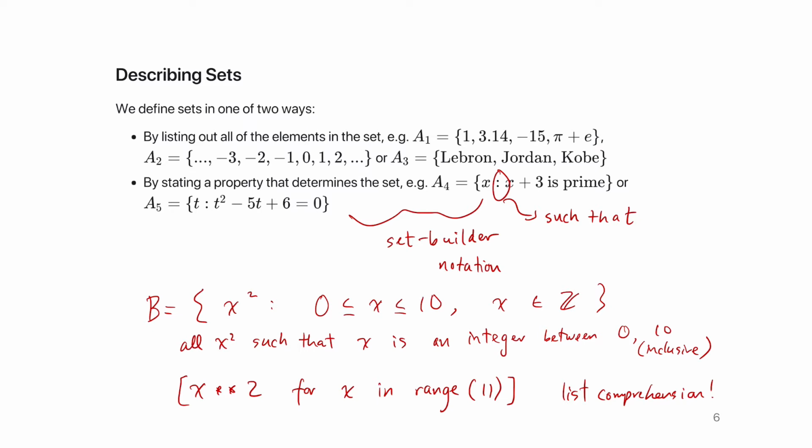Is that okay? Any questions with set builder notation? Or any of the terminology you've used so far? Yeah? When you say is prime, so is that allowed? Can you just explain that? Yeah. By the nature of a set, there's nothing stopping you from using words in English. And most of the examples you'll see in this class and in the future, you probably won't use words like that, but there's nothing invalid about what I just did. Is there a limit to how many conditions you can have, or is it just as many commas? As descriptive as you need to be to describe the set. Yeah. Any other questions? Cool.